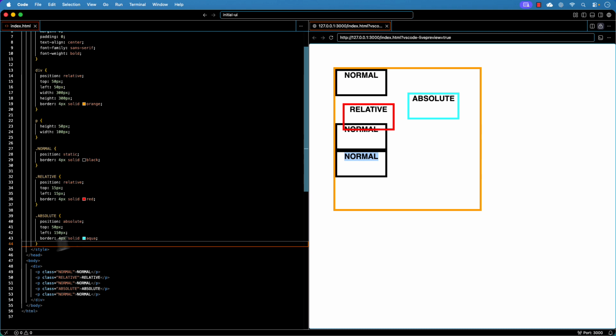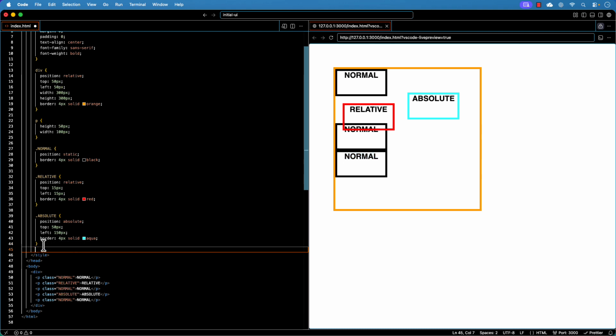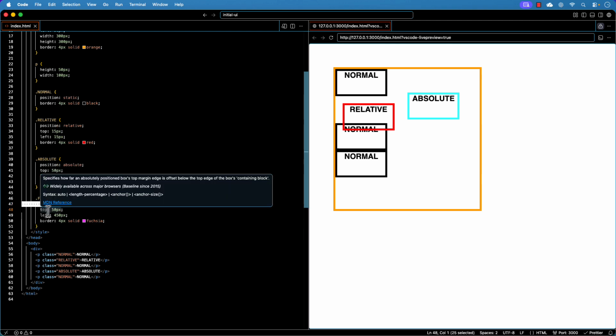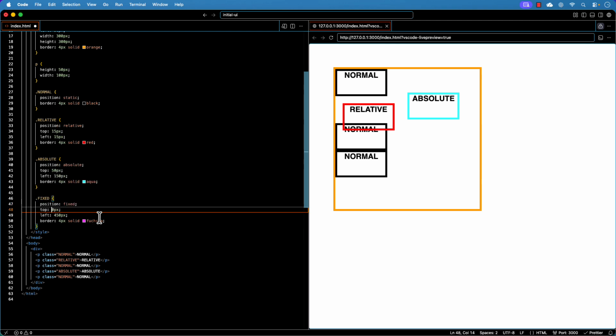Okay, so that's absolute positioning. There's one more that we need to cover, which is fixed positioning. And again, I have a class for this. And we'll see this has got a position fixed. And again, just for starters, I'll set the location to be 0. And fixed positioning is very similar to absolute positioning, except the ancestor it's going to choose